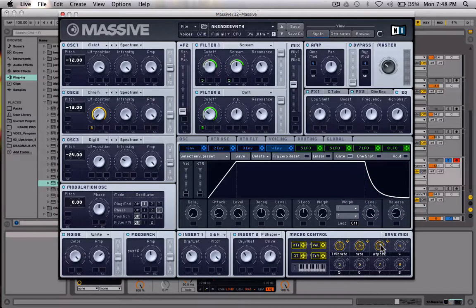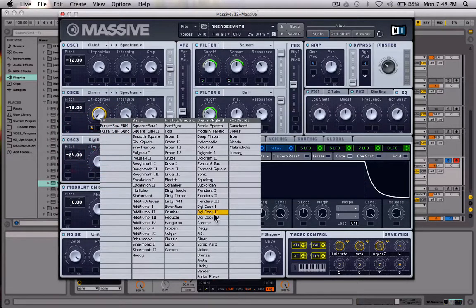If you guys watch this macro down here, you'll see that little macro changes so much of the sound, but I'm going to leave it all the way up right here just so that you get the sound that I showed you in the beginning of the video. And for oscillator 3, it's a Digicook 2,